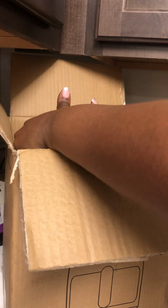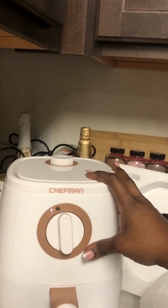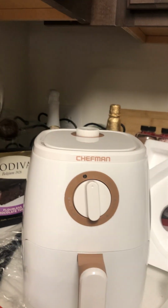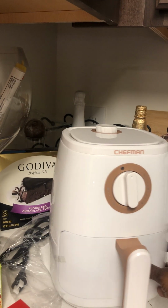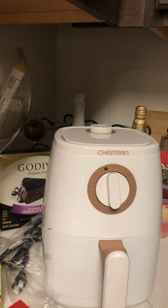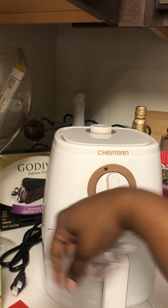So. Why the box say black? Because this is not black unless I am really colorblind. Oh my god. Oh! It's so coordinated with everything else in here. It's my proper coordination. Let's take this out the way, guys. Let's see. So, here is my air fryer. There she goes. There's nothing else in the box. Gonna put this away. Here's the trash. Took the paper covering off of the